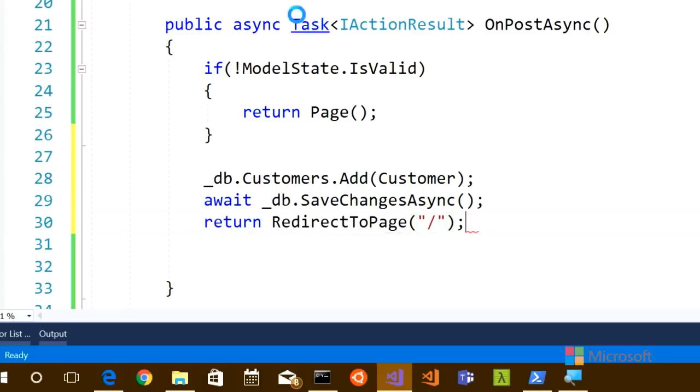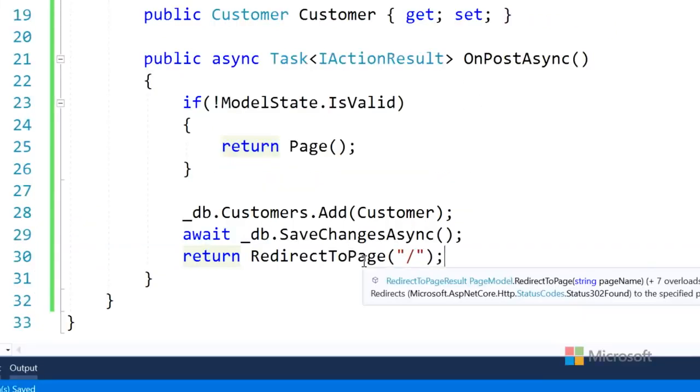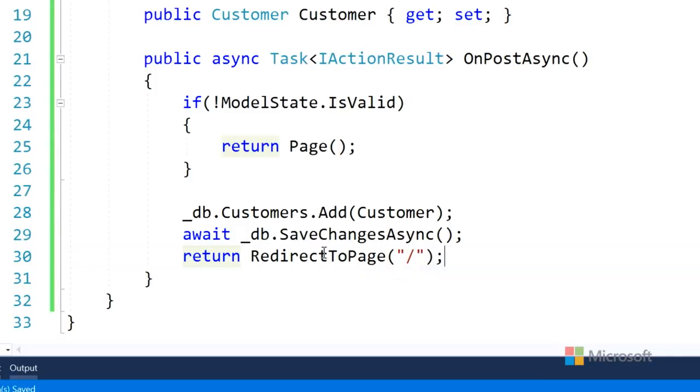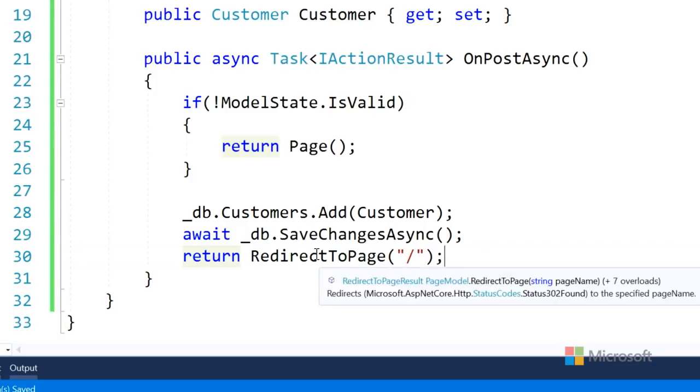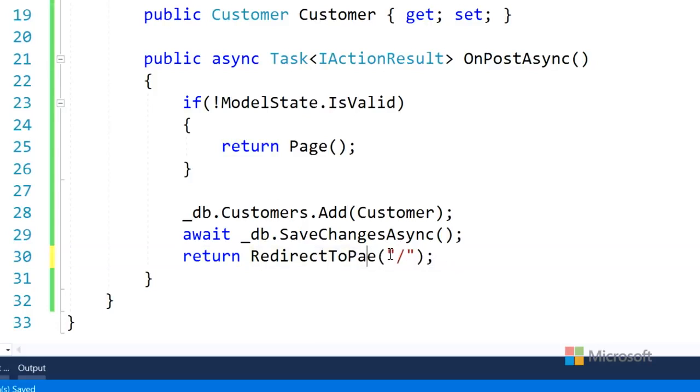If people wanted to learn more about 301s, 302s, do you have any recommendations? The internet. Correct. Yes, I would search around for that kind of stuff. Ultimately, look at the docs. But redirect to page is a standard thing, and again, if you hover over it, it says right there, status 302 found. But if I said redirect to page